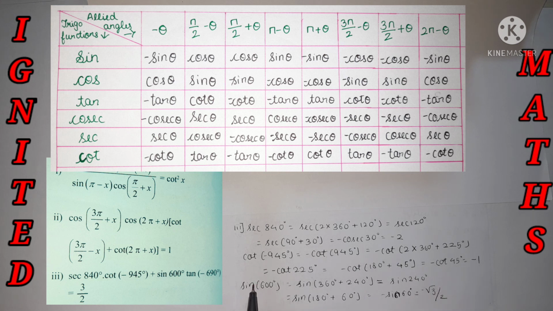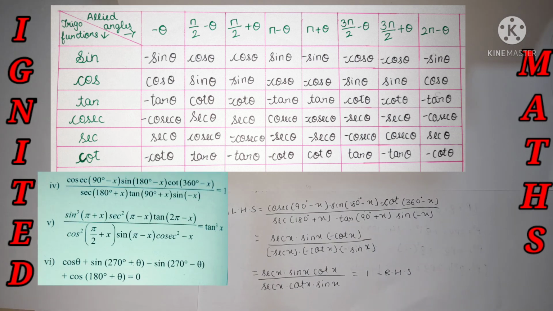Now the next needed term is sin 600°. So sin(360° + 240°) is equal to sin 240°. It's a multiple of 2π. So sin 240° I have again split as 180° + 60°, which is nothing but −sin 60°. So the value is −√3/2. So find each and every value accordingly. Just put the values according to the given terms and we will get the answer. I took the fourth sub question.